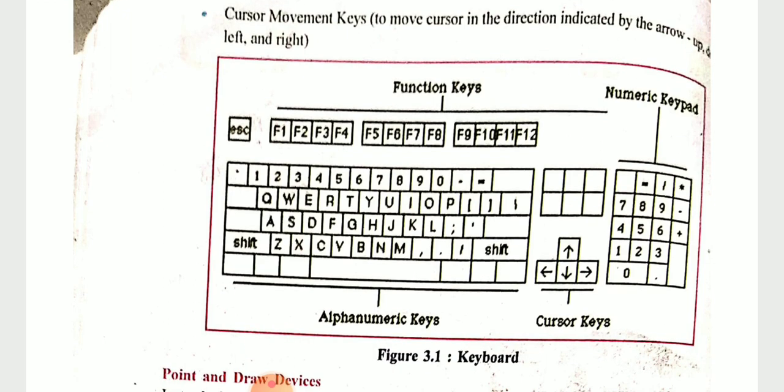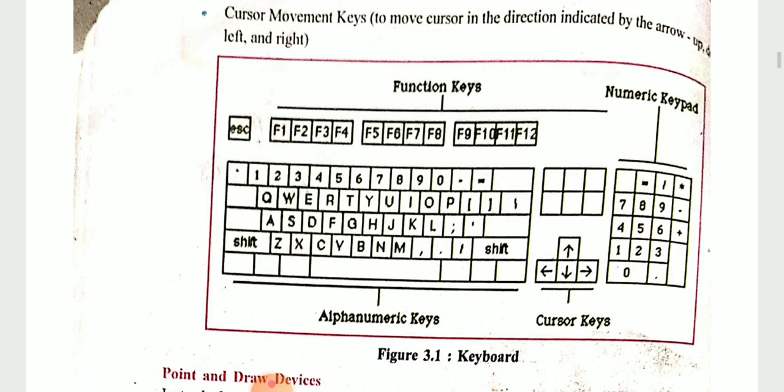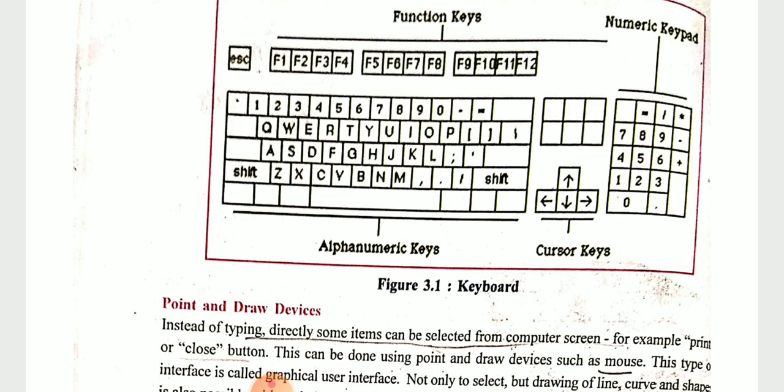Look at this. This is your keyboard. Here F1 to F12 are your function keys. 0 to 9, minus, slash, multiply, plus, they all are your numeric keypad. Then up and down, right and left, they all are the cursor keys. Then A to Z letters are your alphabet keys. Then the shift key, escape key, they all are displayed here.